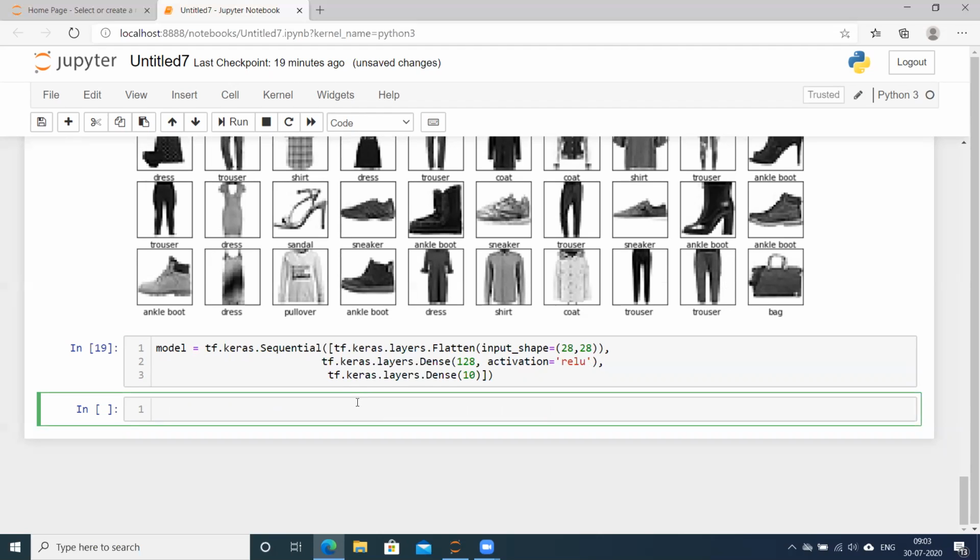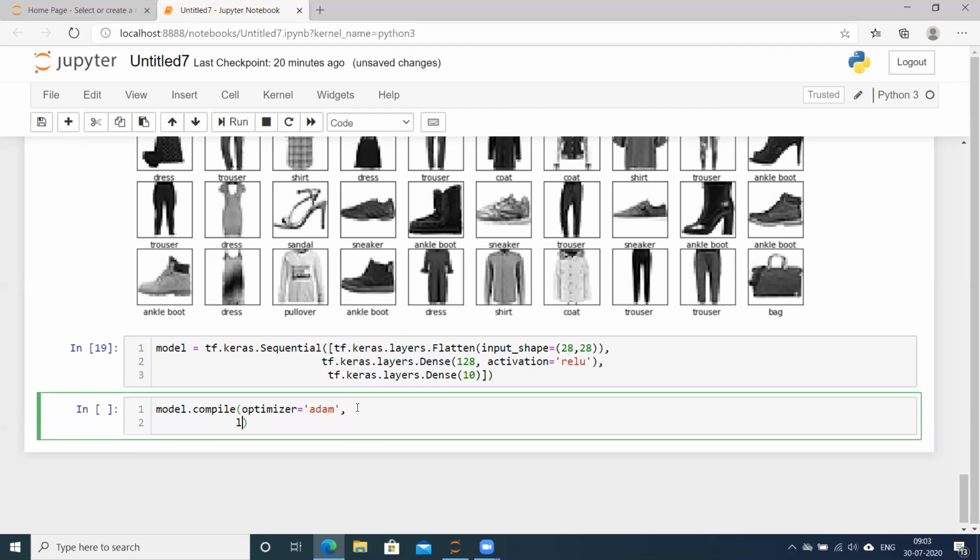Now we are going to compile this model, right? With model.compile, we write this command to compile the model. In this, we need to tell which method we are going to use to do the optimization, or to reduce the loss. Here we are going to use the Adam technique to minimize the loss. And which loss function are we going to use?